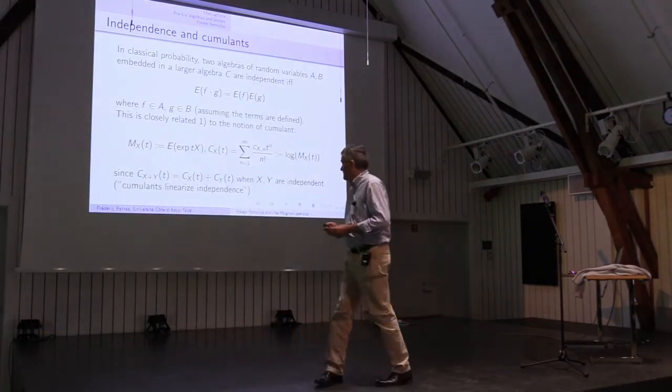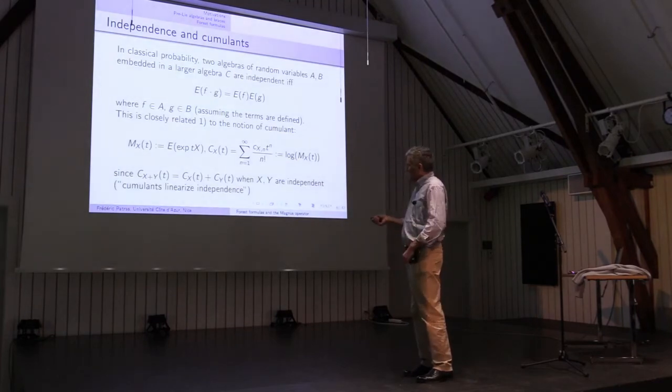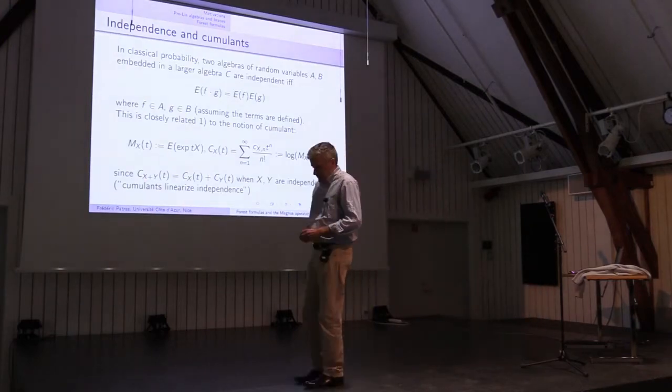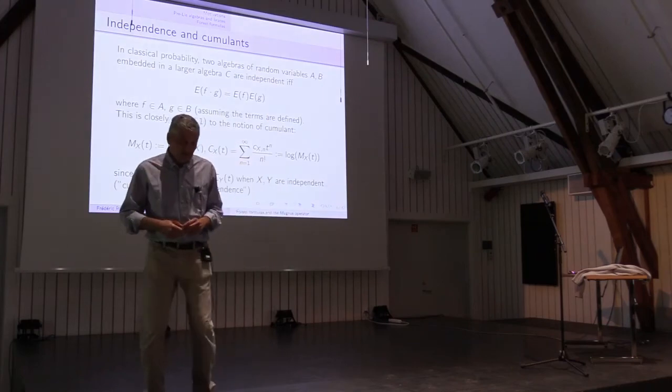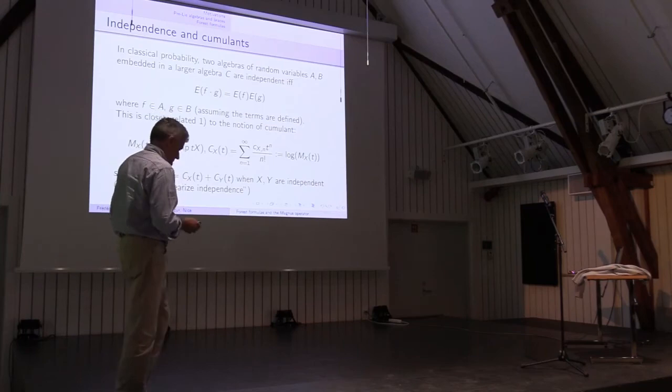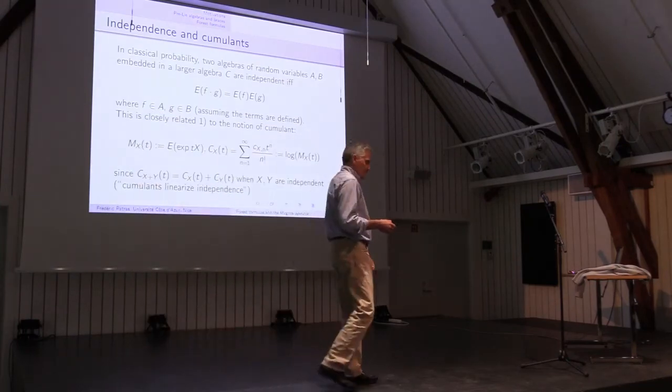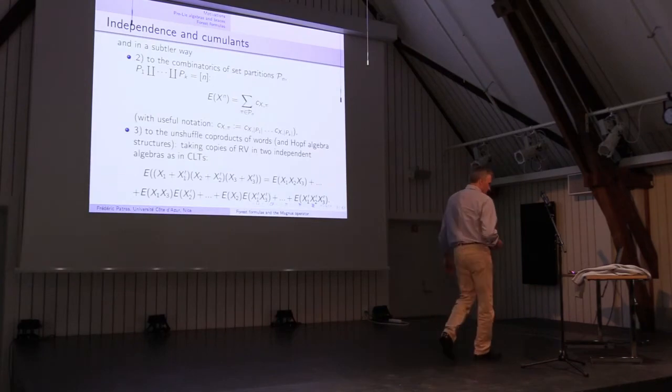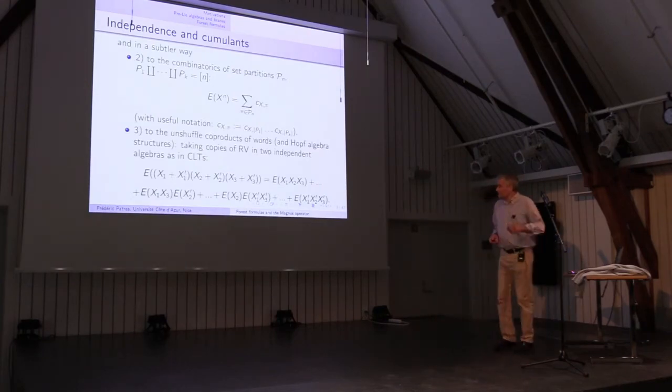But the idea is that, anyway, x and y are independent implies that this formula is true, namely that you can move from a linear combination of random variables. You can expand this at the level of exponential generating series linearly. Well, everything is there. So that's the first way to speak about cumulants in terms of